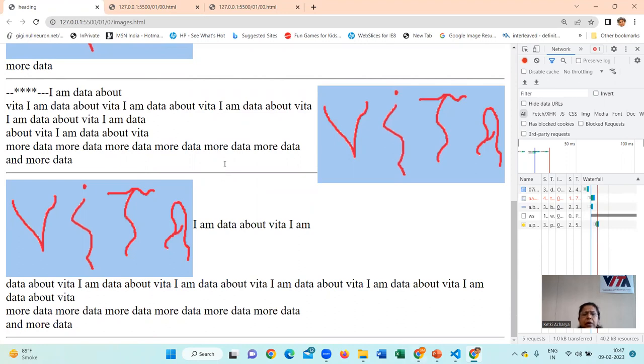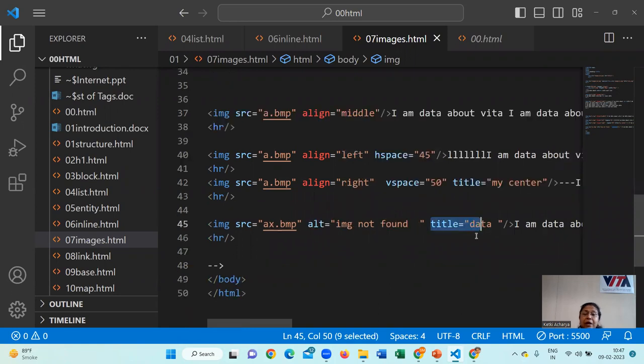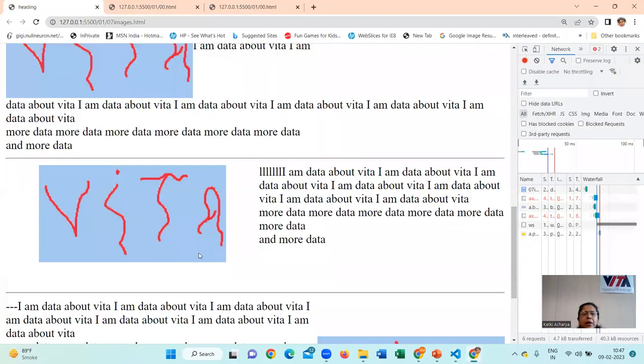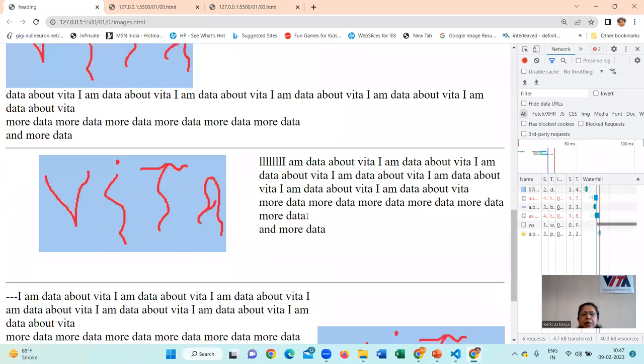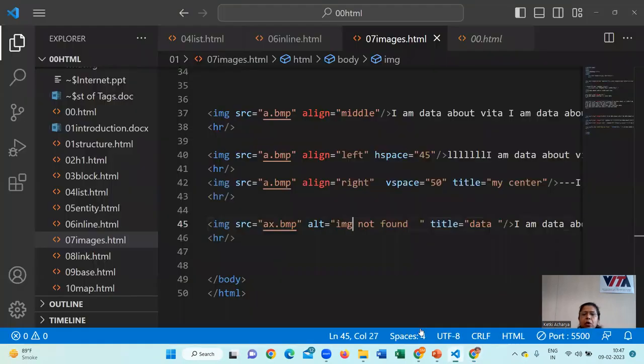Got it? Now suppose you want to try some other attributes here: align left, H space means horizontal space, V space means vertical space. Title is a global attribute which can be applied to any tag, and alternate means if the image is not available, the alternate text is visible to you. So here observe left, right, image not found. Observe here now. Here is H space and V space. So can you see horizontal space on the left-hand side? And this is V space, upper and below, that is vertical space. So those are the attributes of